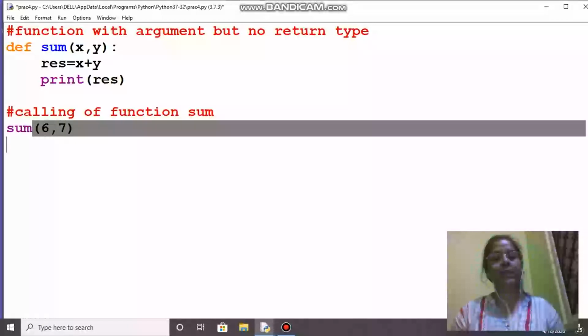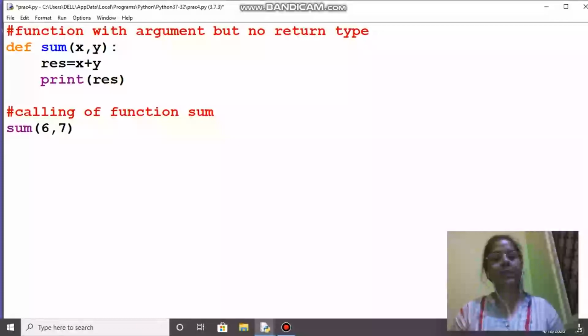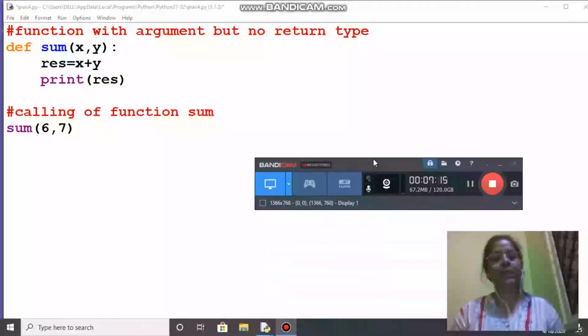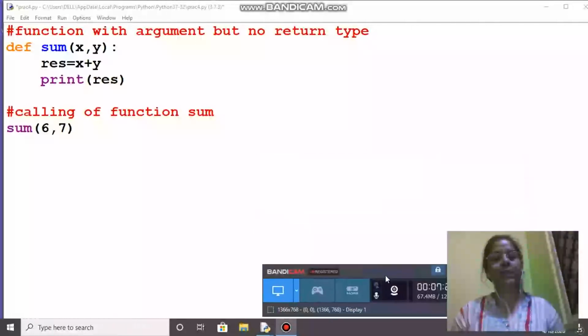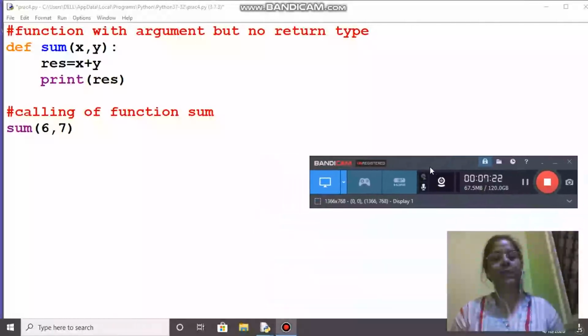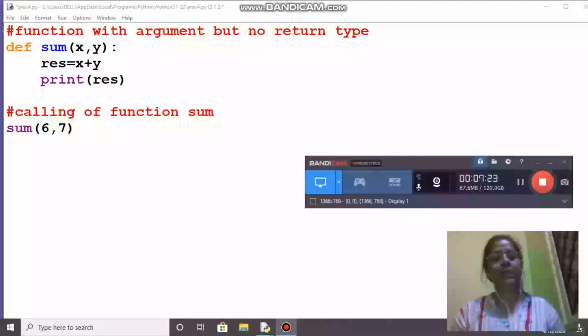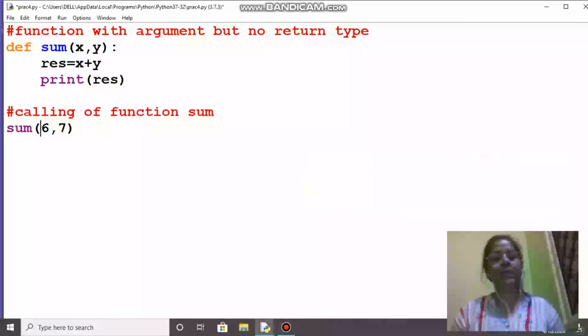So when we will be calling the function sum, from some function 6 and 7 is being passed.